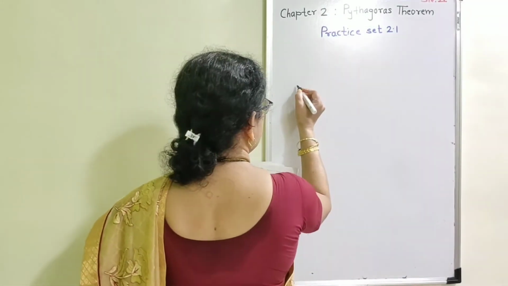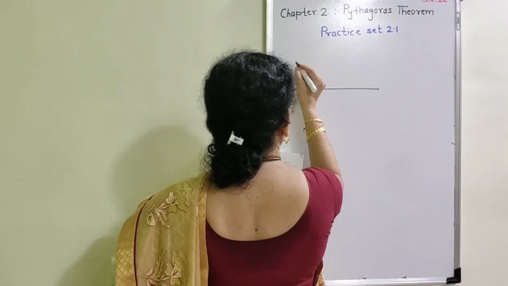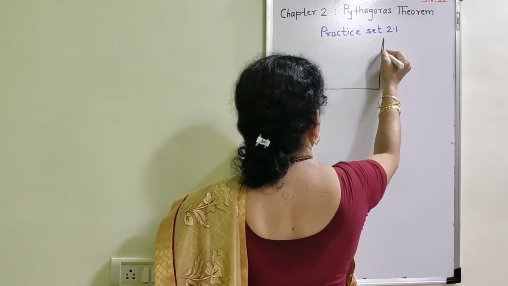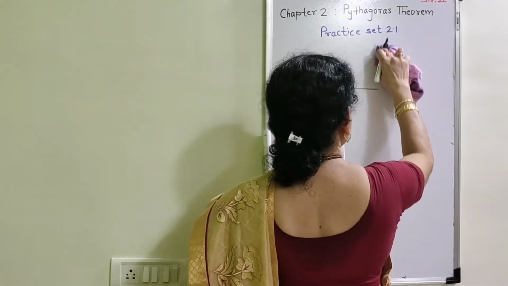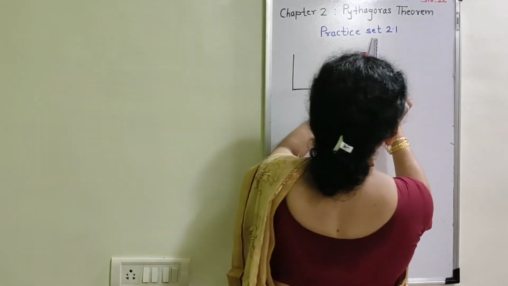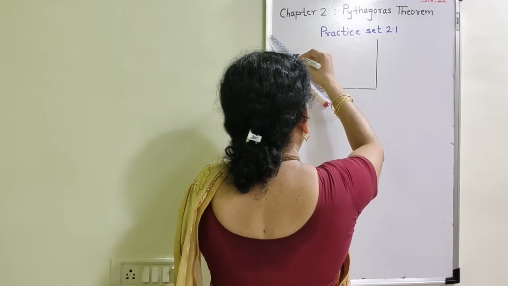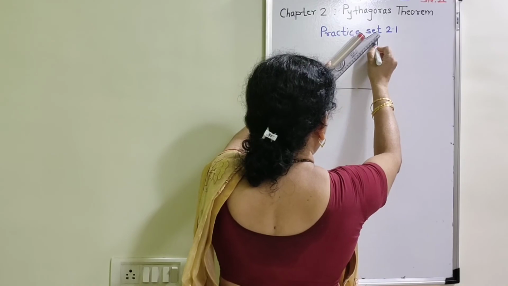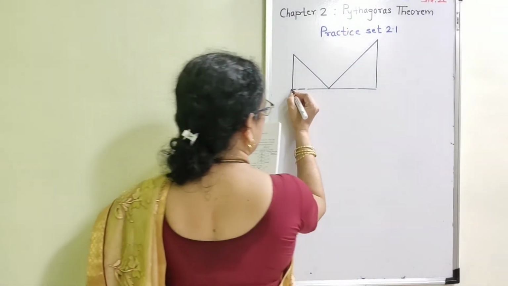Now I have taken first of all a street, and there are two walls which are parallel to each other. I am going to draw the figure with my hands only. I am not using a scale. If you use a scale, then it is also correct. Then they have taken a ladder. The length of the ladder is given, and the ladder can reach the window of both the walls at a certain height.